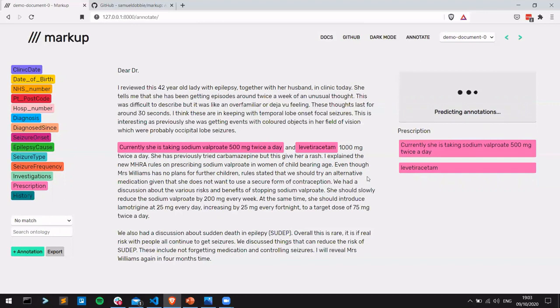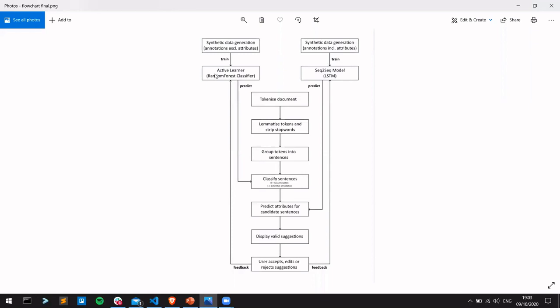So to do the prediction of annotations, Markup uses two models. There's an active learning model and a sequence-to-sequence model. Both of these models have been trained on synthetic data only. And effectively, the document that you've currently got open is cleaned and broken down into sentences. The active learner will then classify sentences to determine whether it's likely that the current sentence contains a target annotation. If it does, that sentence is passed through the sequence-to-sequence model to predict the attributes for that annotation. Those are displayed, and then the user can accept, edit, or reject the annotation suggestion, as I showed earlier. And the feedback from accepting, editing, or rejecting is fed back into the models so that they hopefully improve over